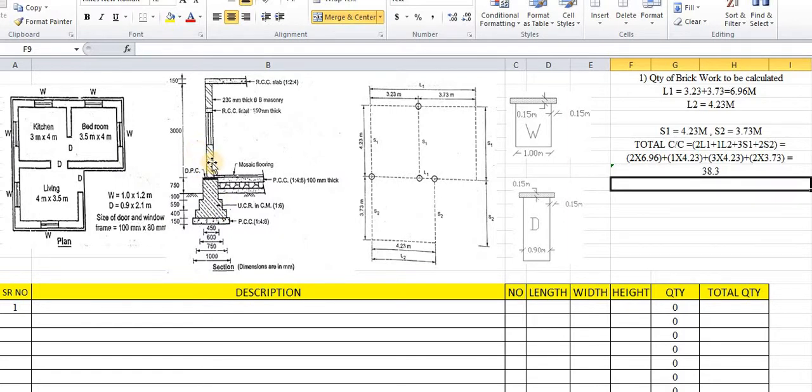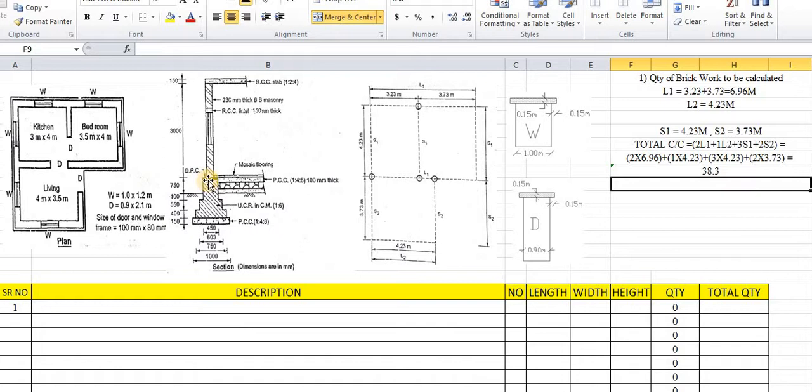One thing most important to be considered while finding out this quantity. If we are drawing a center line here, the center line will be passing through this point. The point at which the center line is passing, the same things are used to find out the long wall, short wall methods. So here the center line is passing from this point, that means it is passing through the brickworks. That means long wall, short wall method is used to find out the brickworks.